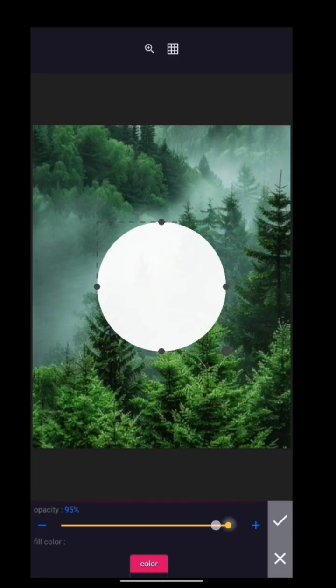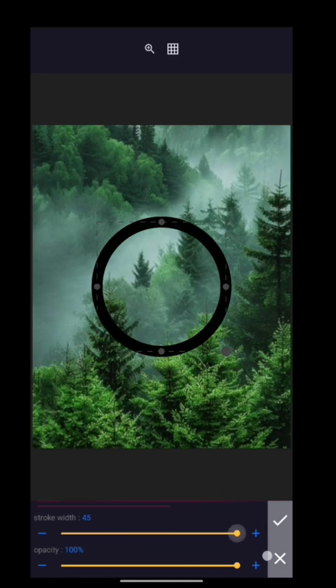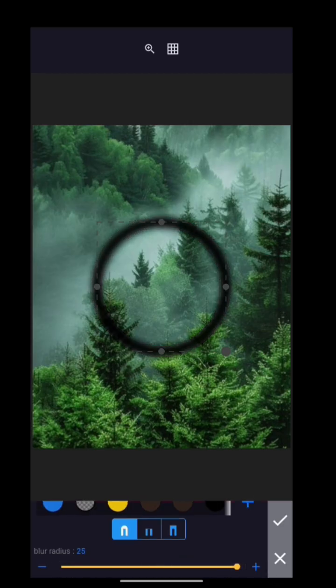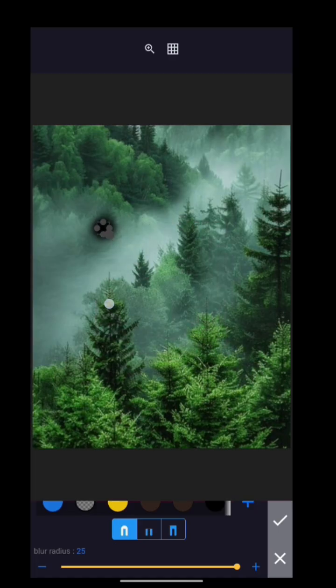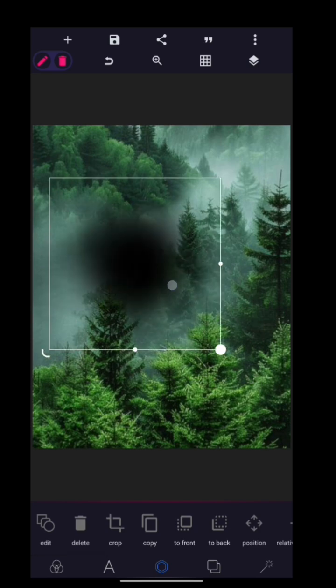Now I'm going to reduce the opacity and I'm going to increase the stroke width to the highest and the blur radius to the highest. And then before clicking good, I'm going to come here and reduce it until I can't see the inside circle again, then click good. So here we have this. So this is what we're going to be using